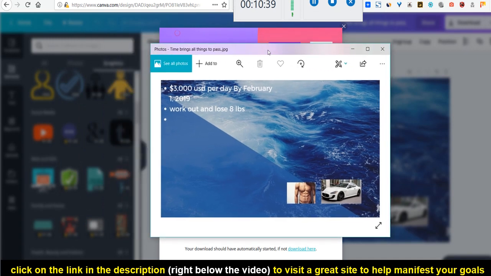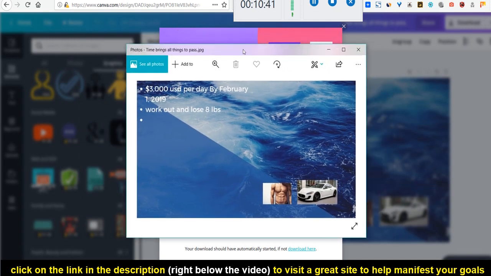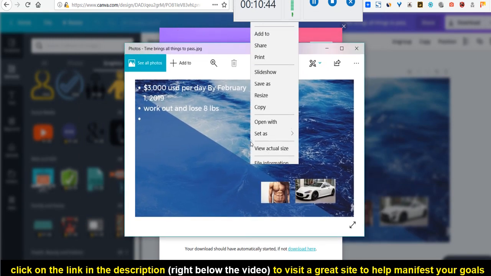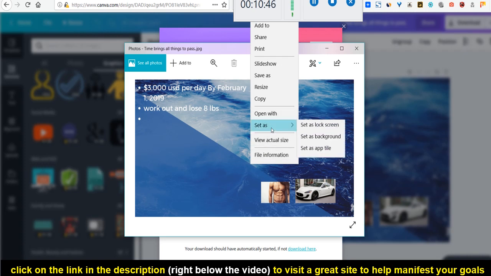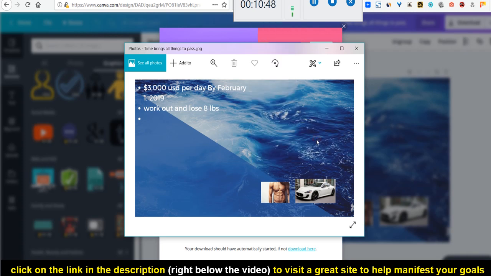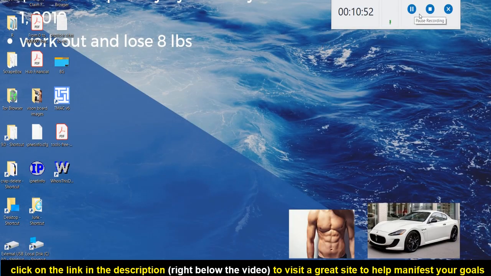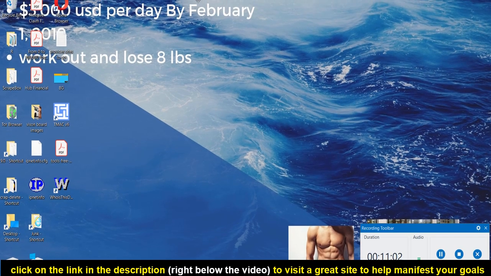So when I downloaded it here on my Windows computer, it opened up in my image editor. So what you can do from there, if you want, I'm going to set it as my background. Now we'll go to my desktop and I can show you it. And there it is, guys. So if you don't like how things look, if you have some of the icons here in the way, you can go back to the program and just move things over. Essentially, this is it right here.